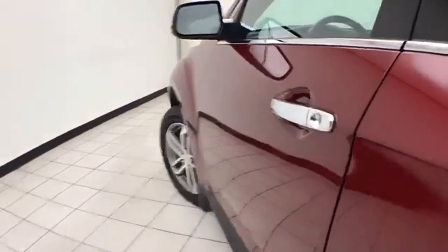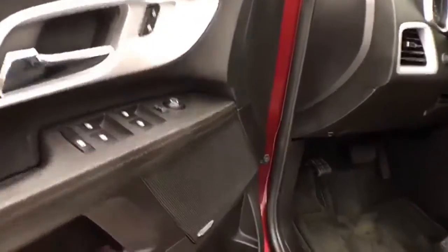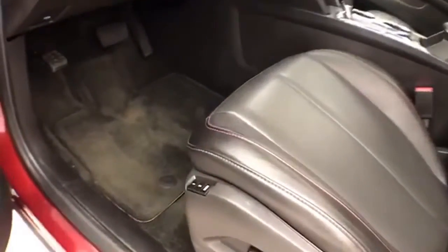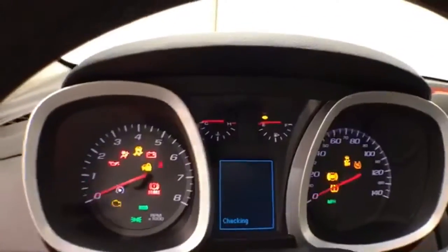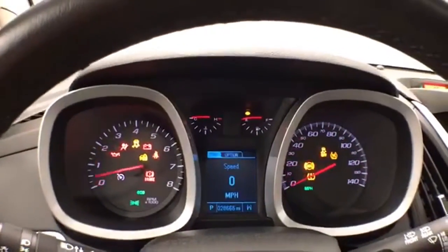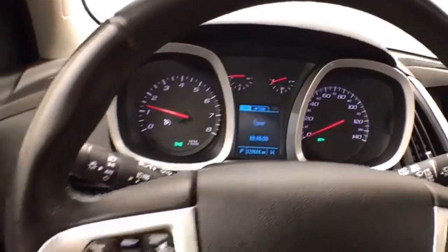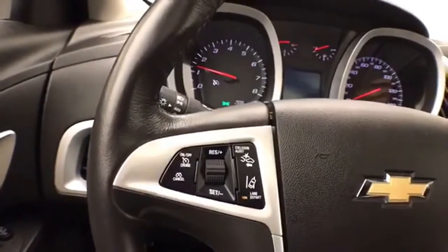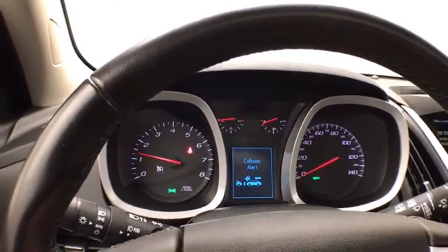This Premier has keyless entry with remote start, power windows, locks, mirrors, upgraded Pioneer sound system, power seats, along with memory settings for 2 drivers, power moonroof, gauges with driver information system, cruise control. It's also where you set the forward collision alert,